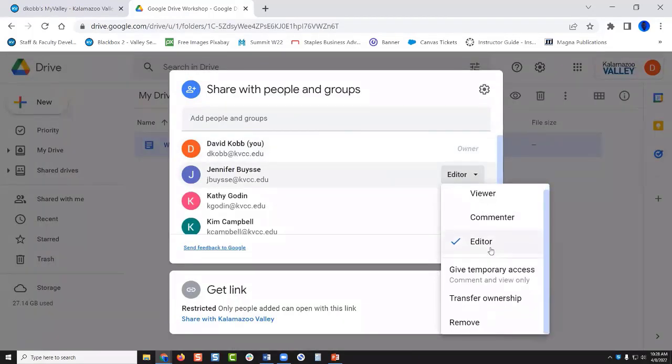There's one other thing, really the only other thing that I want to talk about in this list is transfer ownership. If I started the file, but I'm not the one that should be going forward with it and say Jenny is, I can transfer ownership to her and then she becomes the owner of this file and she can take it over and make whatever changes she wants to at that point.